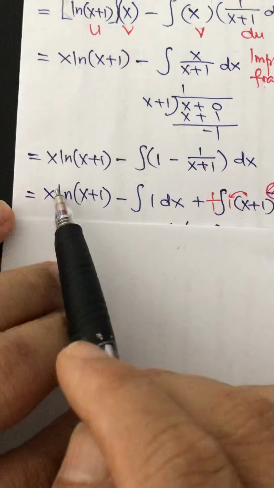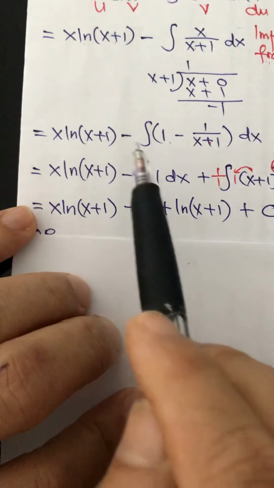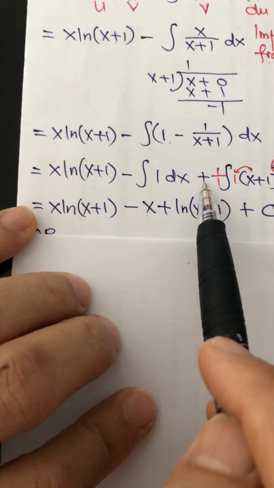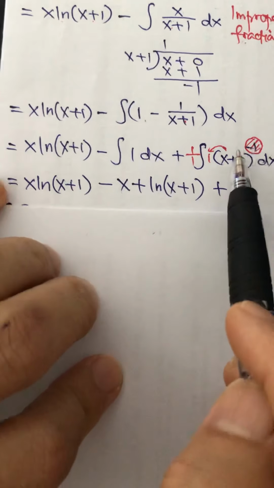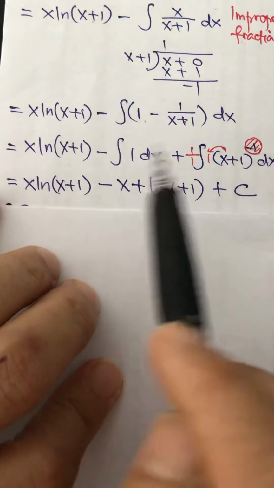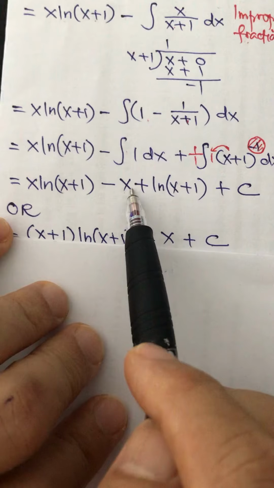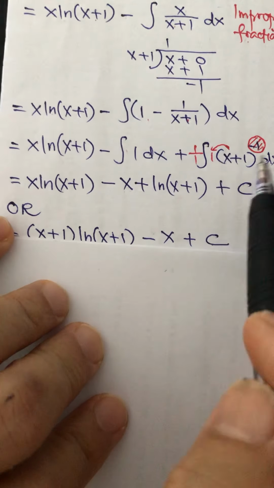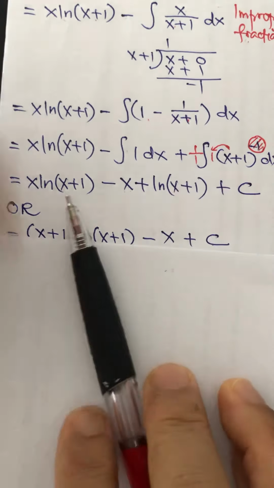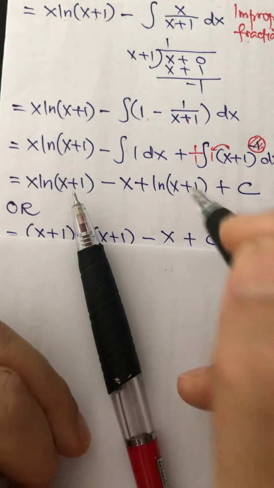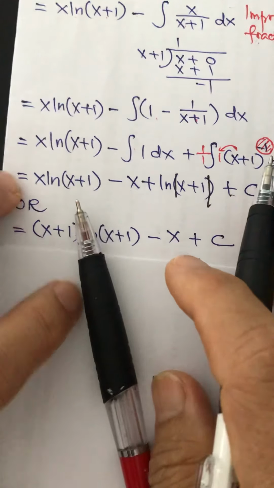Then you can integrate like this, x. Then when you integrate this, you get 1. Then minus minus, you get plus, you get (x plus 1) to the negative 1, isn't it? Then after that, this one integrated gives you x. And then when you integrate this, negative 1, it will give you ln, isn't it? Ln, and actually this is modulus, then plus c. So that is the answer.